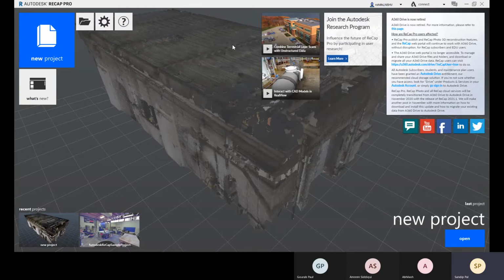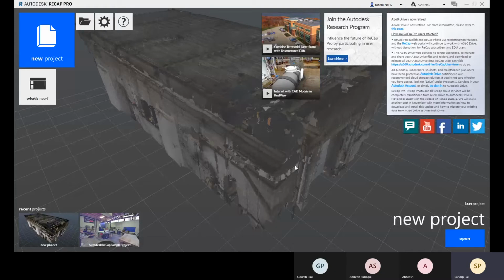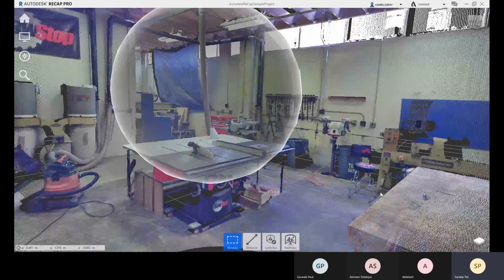And now here you can see that the background image is the preview of your last project. If you want to open that last project directly, just click anywhere on the screen, and it is the same option. So you just go for this index scan, and it will open that. So that's the simple thing. And here also you have this last recent file. This is the sample file you will be getting.